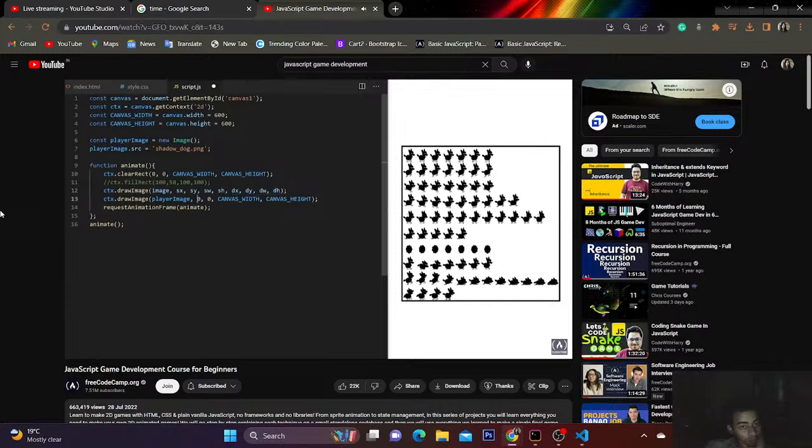These last 4 values basically work the same as these 4 values in the previous draw image call I showed you. The only difference is they are not used to position and stretch the entire image, but just the area we cut out using these arguments. I comment out line 12, but I will leave it here for a reference. And on line 13 I will add source x, source y,